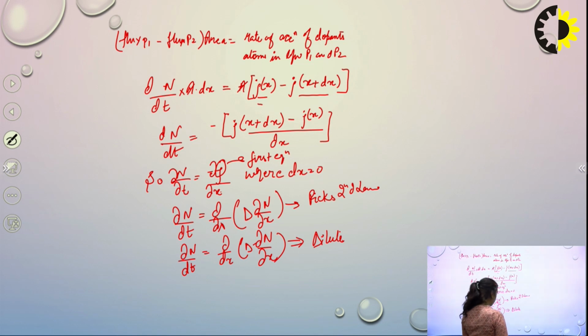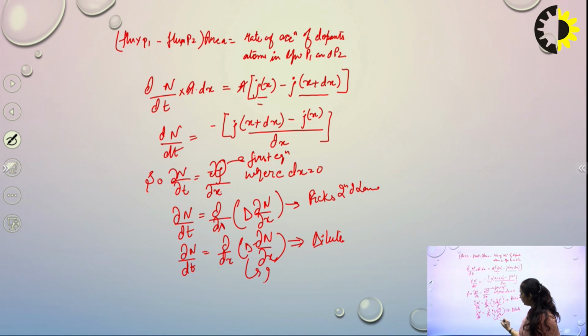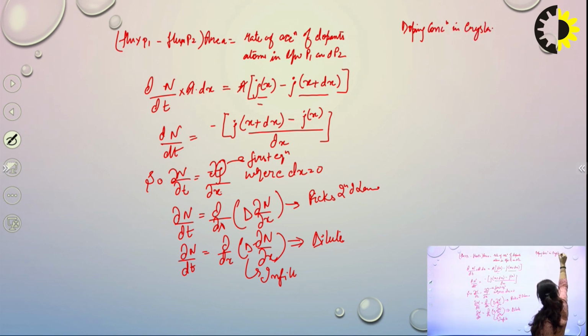Now here we can have whether your n is constant or infinite. First case we are taking is where the value of D is infinite, right? We have the infinite source. So the doping concentration in the crystal, that is n, can be written as n(x, t), given by n naught times the error function complement of x divided by